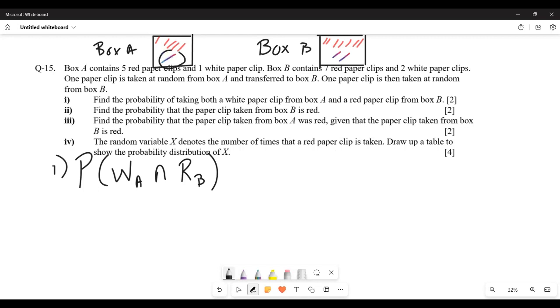That's 1 out of 6 chances. So that's going to be 1/6 times